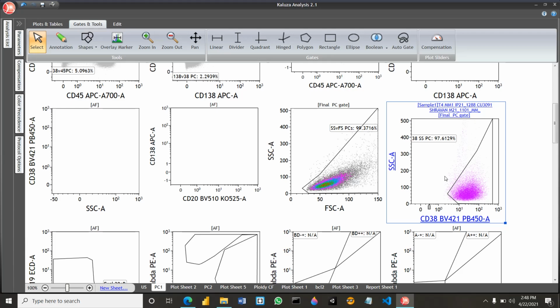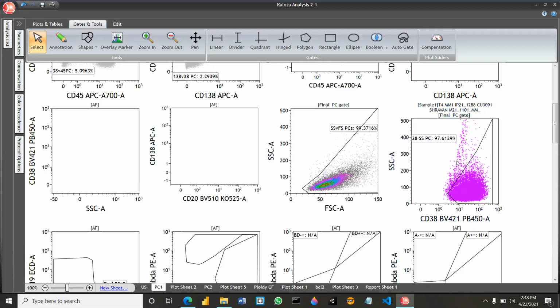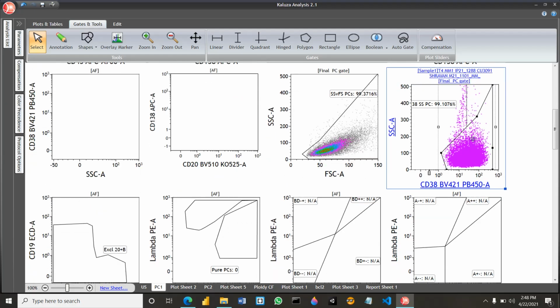Sometimes granulocytes can fall here, which are actually not plasma cells. We can see very high side scatter and 38 very dim. So this part can be excluded by using side scatter versus 38, and we can label this as a